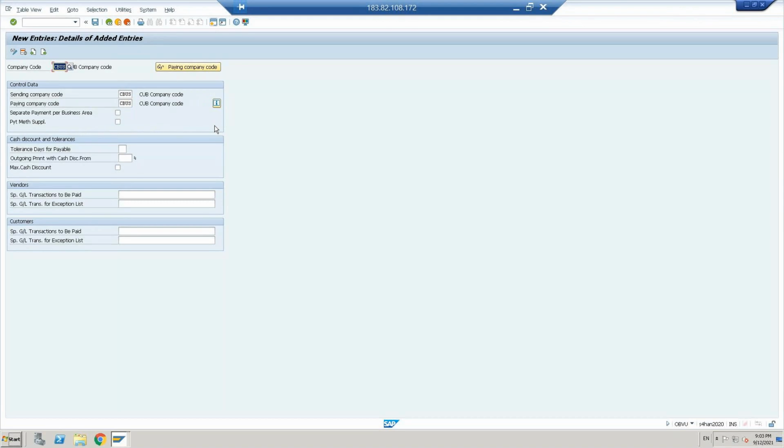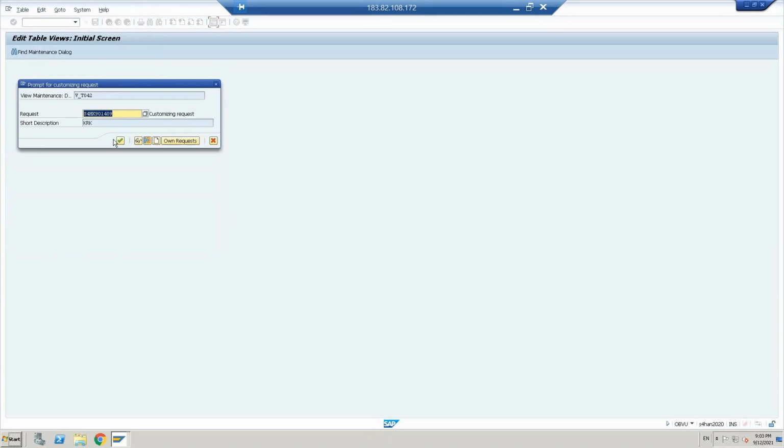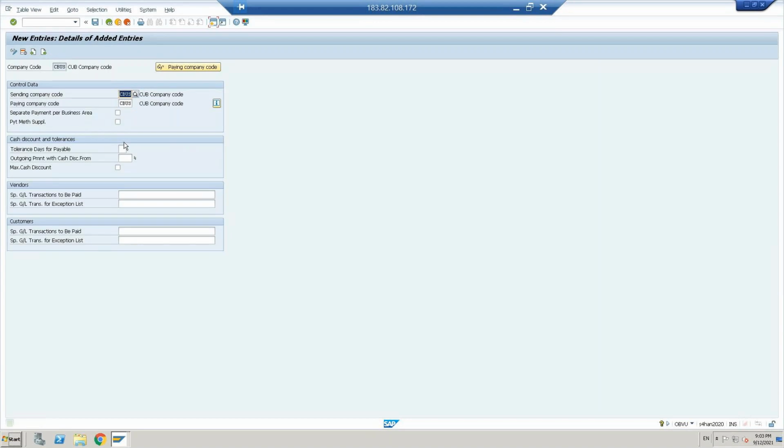I'll not maintain other details like any tolerance. If you want to maintain any tolerance, those details we need to maintain in Payment better. Special transaction, like sometimes we may receive a down payment also. If any down payments are required, those details we need to maintain here. That is also not required now. So just maintain the company code, save it, go back,